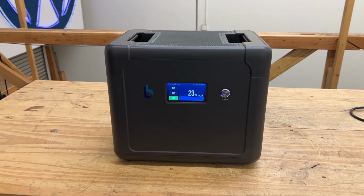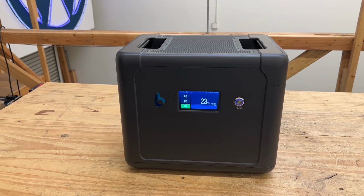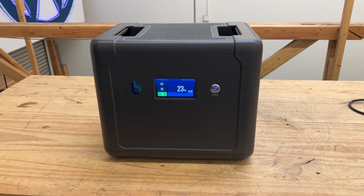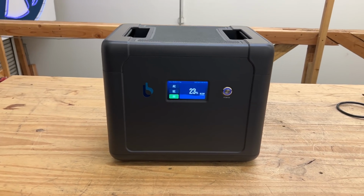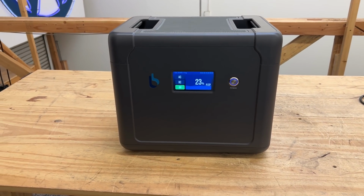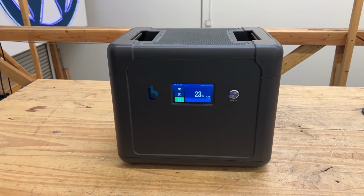All right, so what do I like about this unit here? Well, as you know, the two major competitors are the Blue Eddy and the EcoFlow units, right? The AC200 Max and the Delta Pro Max, right? So those two compared in specs are about the same. The thing that I like about Blue Eddy is the fact that they give you a lot of flexibility. They give you all kinds of info, the granular